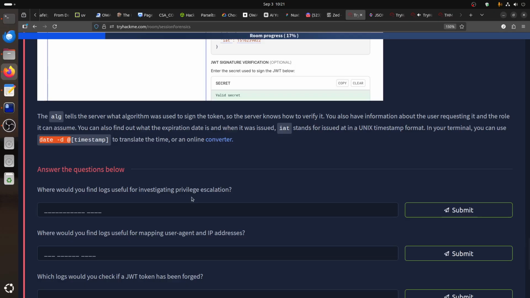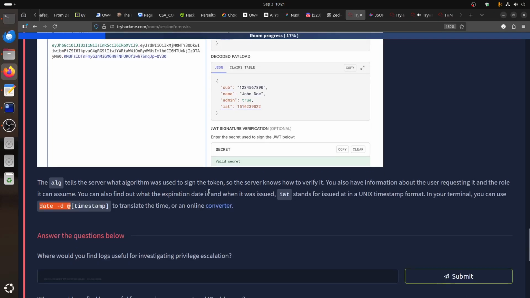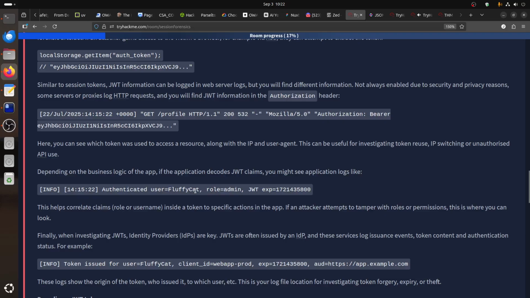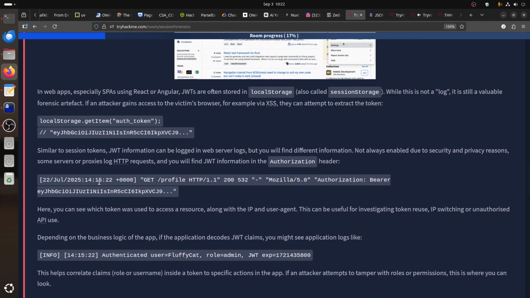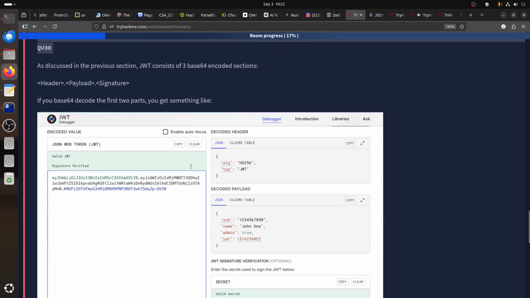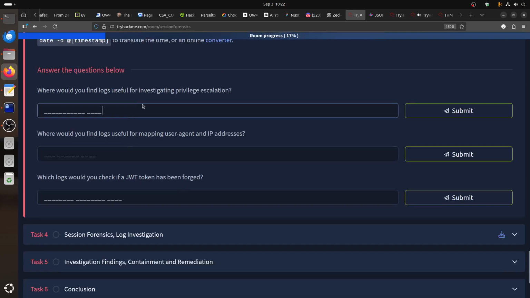Then if we ask the question, where would you find logs useful for investigation, prevention, escalation? We talk about it here because it's not on the server side, it's more about the application. Where is that application key? This is an IDP application. Yeah, the application would say the user, so it's more on the application side of the